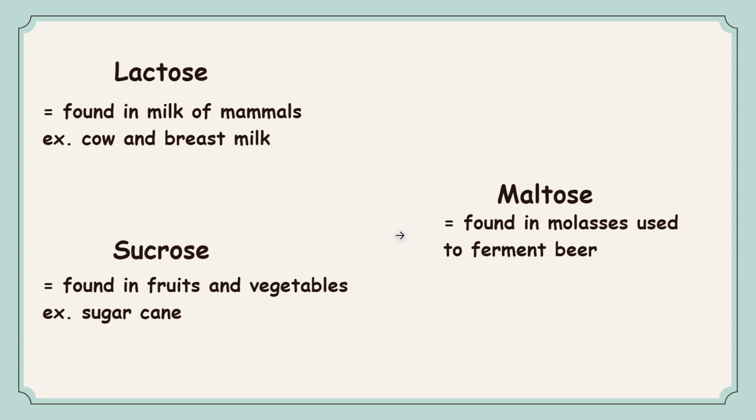The reason it is called milk sugar is that it can only be found in nature when it combines with glucose to create lactose, a disaccharide that is present in the milk of mammals, including humans and cows. Another disaccharide that is created when fructose is combined with glucose is sucrose, also known as table sugar. A variety of fruits and vegetables contain sucrose, but sugarcane and sugar beets contain most of it. Another disaccharide that is present in molasses and can be used as a substrate for the fermentation of beer is maltose, which is made up of two glucose molecules.